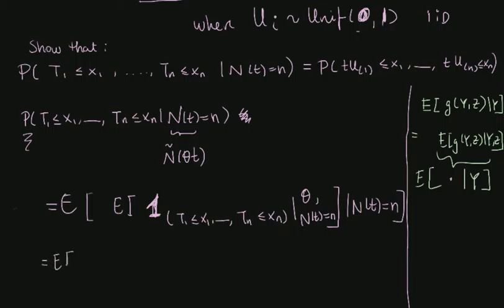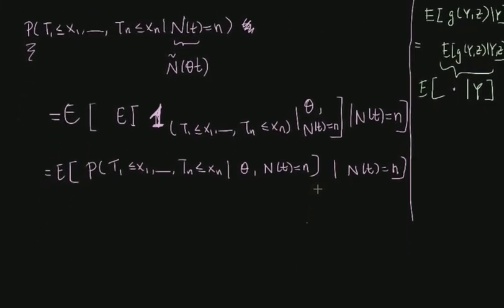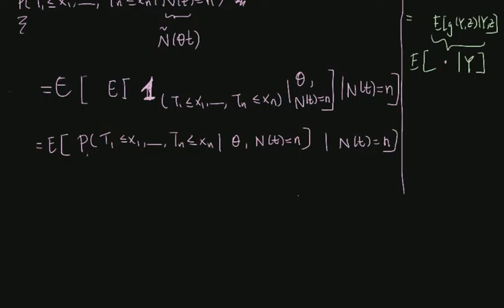Let me just write the inner conditional expectation back into a conditional probability. So it's the probability of this, and all the way up to tn being smaller than xn, conditioned on theta and N(t) equal to n, right? Given N(t) is equal to n outside here. So now let us just take a look at whatever we have inside here. And notice that, well, given theta,